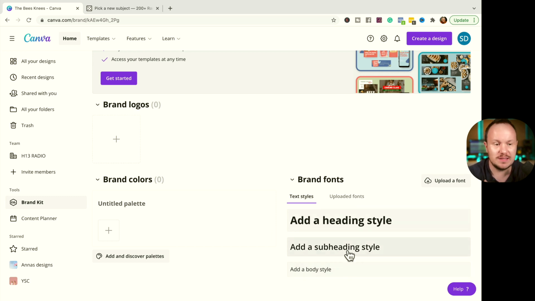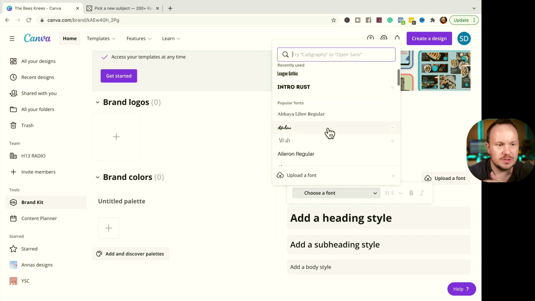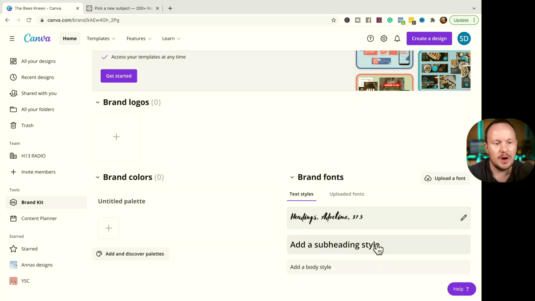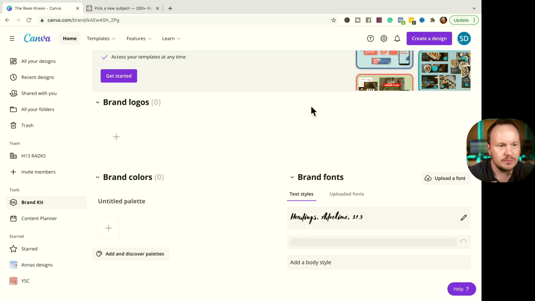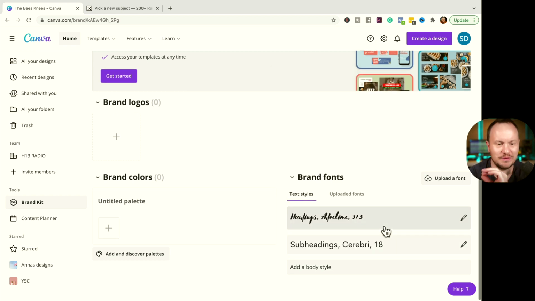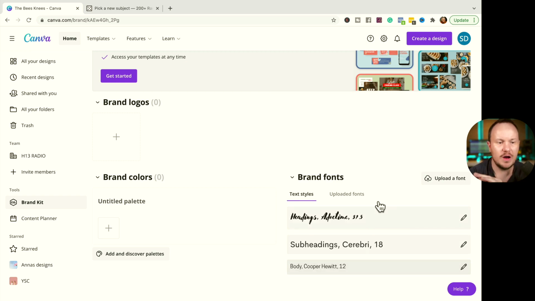You can pick fonts that you like and choose different fonts here that you're always going to use. So let's say I just like this one a lot that I always use for my heading. And then under here, I'm just randomly choosing some. Hopefully you take a little more time with choosing your fonts. And then right here, add a body style. You can have your body font, your heading font, and all these fonts so that you can really use the same fonts in every single one of your designs.